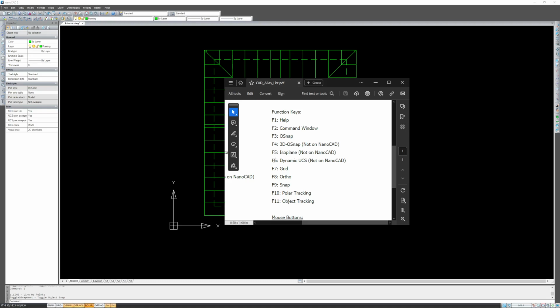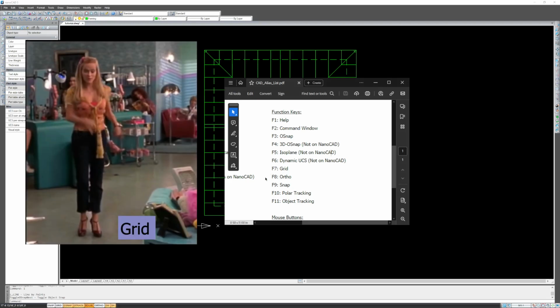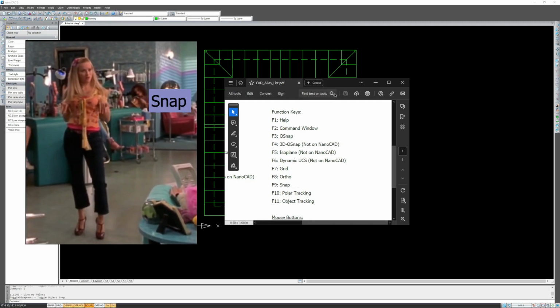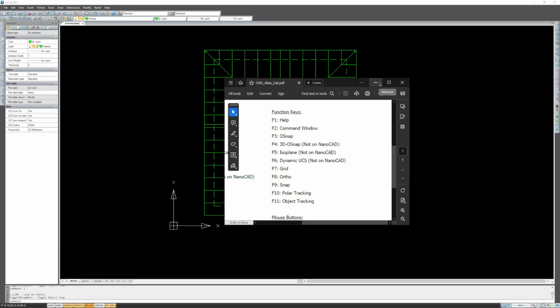Also, AutoCAD, and I would assume newer versions of NanoCAD as well, have something called the Dynamic User Coordinate System, or DUCS, D-U-C-S. Essentially, whenever you hover over an object like a line or something, the DUCS gives you some basic information about those lines or rectangles or what have you. Again, not on NanoCAD, so we don't have to worry about it. I'm going to skip F8. I'll get back to F8 here in a bit, but F7 and F9 are grid and snap, respectively, and they're